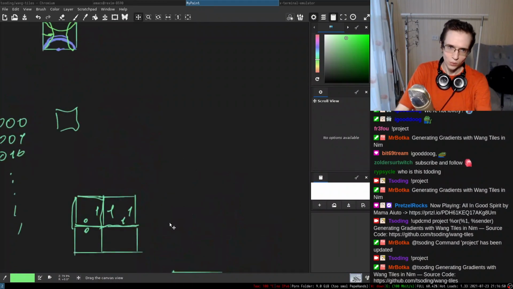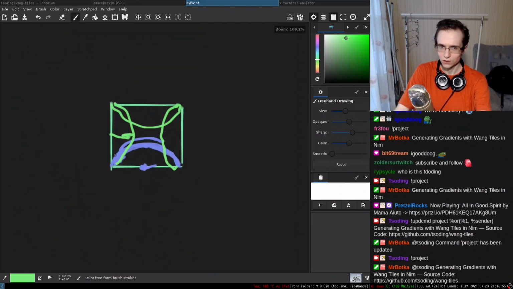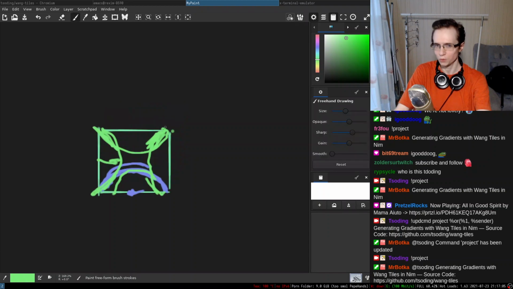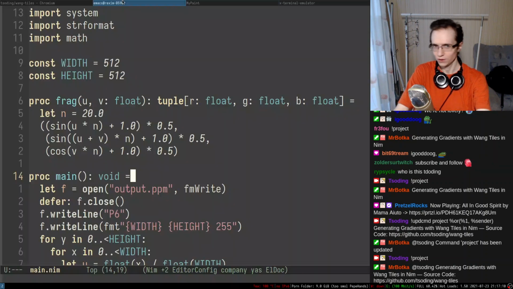Cool. So now what we need to generate is this idea I was talking about at the beginning of the stream, where we have different gradients and we're just putting them on different sides. And also we need to think how we're going to be merging the colors in here. I don't think I want to merge them too much, because otherwise the tile's not going to fit properly on the corners. So maybe this is going to be a hard line between these things, but we'll see.